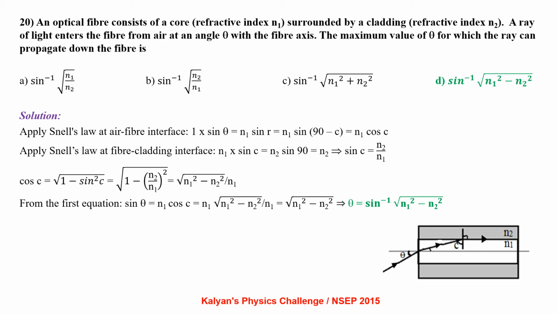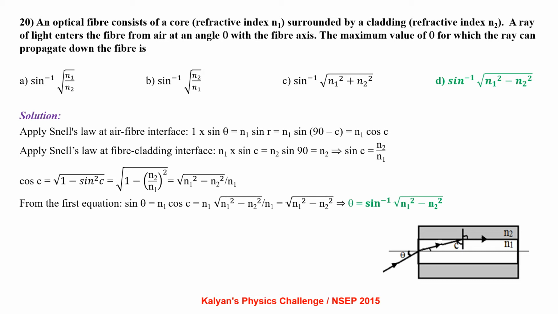applying Snell's law at air fiber interface, 1 into sin theta equal to n1 sin r, that is n1 sin (90 minus c). See the diagram? That is n1 cos c. Applying Snell's law at fiber cladding interface, n1 sin c equal to n2 sin 90, which gives sin c equal